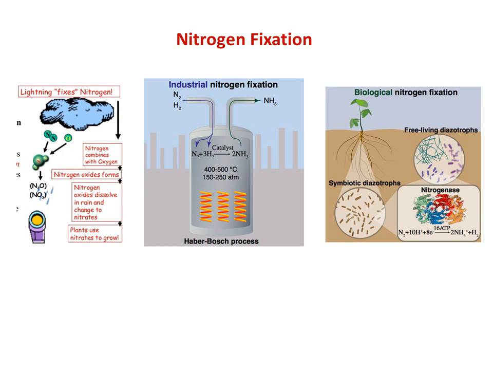In this method, nitrogen is combined with hydrogen at a temperature of around 400 to 500 degrees Celsius and at a very high pressure of 150 to 250 atmospheres. The nitrogen gets converted into ammonia. Later, this ammonia is utilized for the production of various